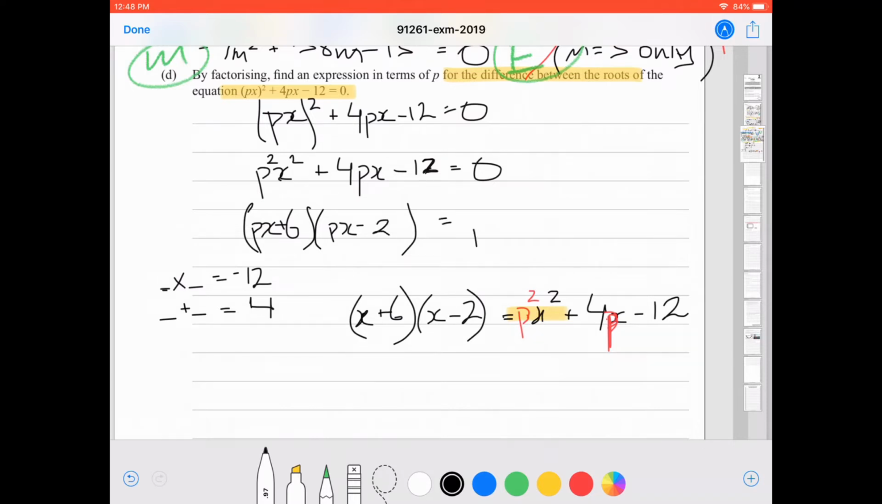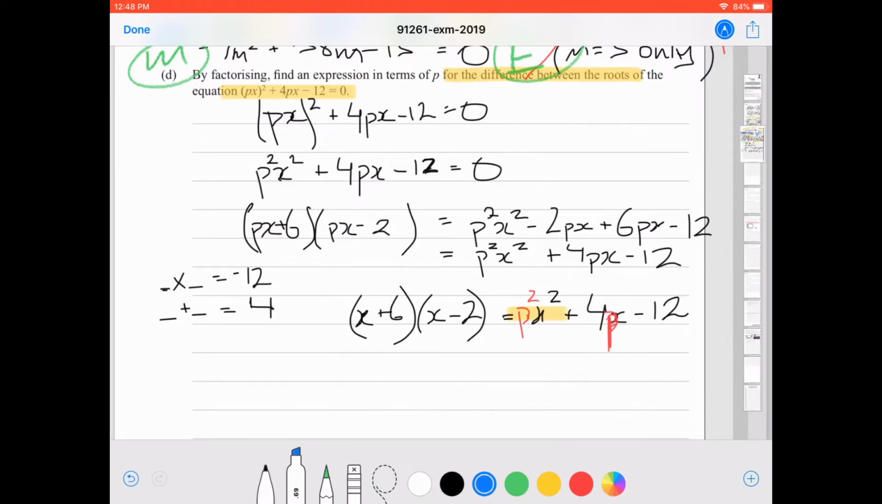And again, we could actually expand this again, and we'd come out with, hopefully, our original equation. So p squared x squared minus 2px plus 6px minus 12, and you see straight away that it's p squared x squared plus 4px minus 12. Okay, so that's our factorized